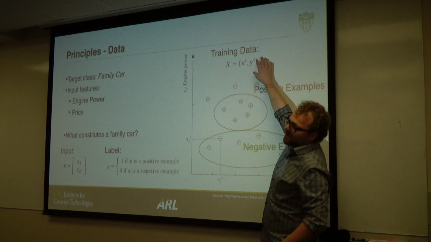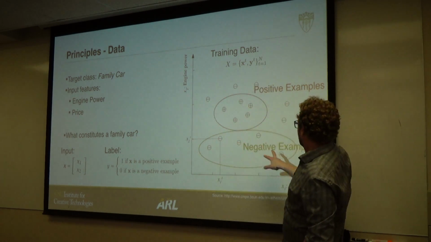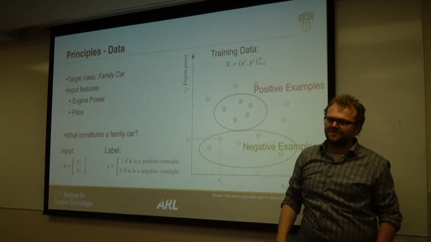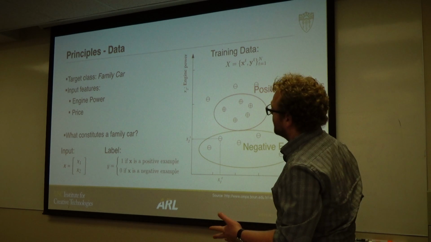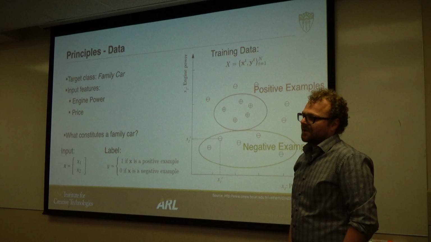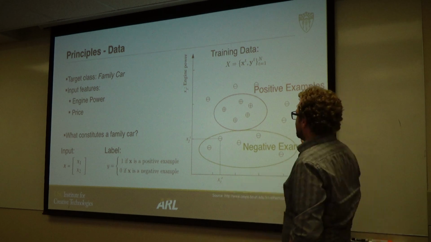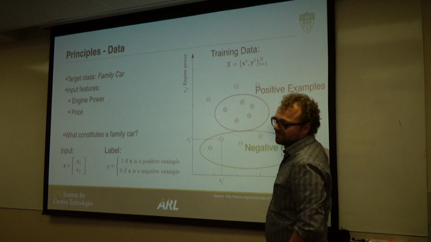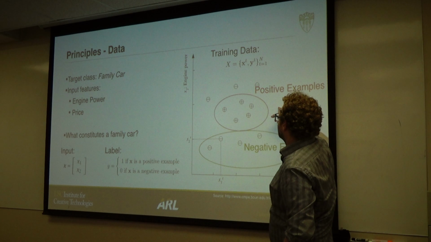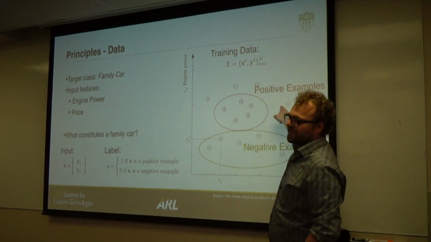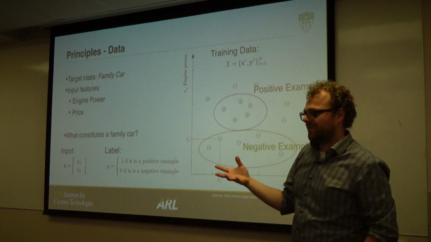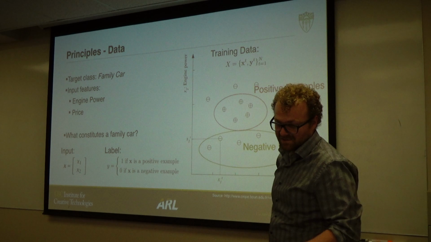And we have n samples, so 2, 4, 6, 8, 10, 12, 14, 15, so n is 15, okay? And so this is our training data, okay? And now the test data, you could imagine I get an observation and it falls here, right? So the algorithm would say, could be a not family car. But if it falls here, it's probably a family car. And our algorithm will need to make these definitions or these decisions.